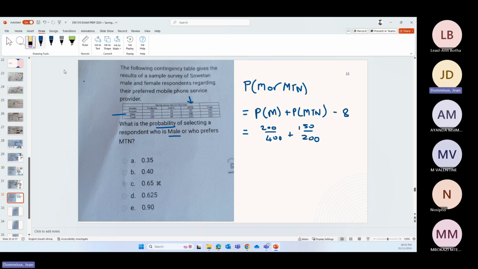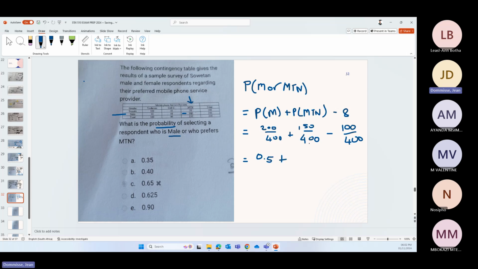150 divided by 400, sorry. And then minus the AND, so probability of male and MTN, so it is that 100. So let's just mark it like that. So minus 100 divided by 400. Okay, so that is 200 divided by 400 is 0.5